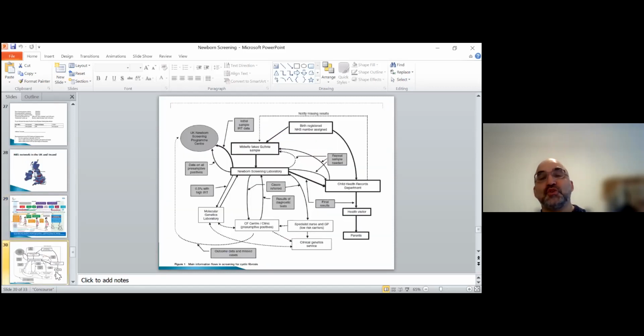This is just to show you how complex the whole network is. It is relatively straightforward to talk about, but in action, a lot of organizations are involved, and they need to coordinate their efforts for newborn screening to be successful. We are here at the heart. We are the newborn screening laboratory, and the program centre oversees the whole network of labs. This is for IRT, for cystic fibrosis, for example. It involves the clinicians, to whom you refer if you make a diagnosis.